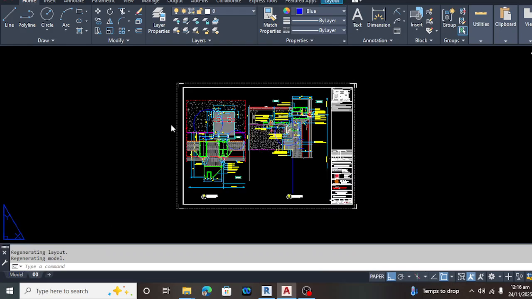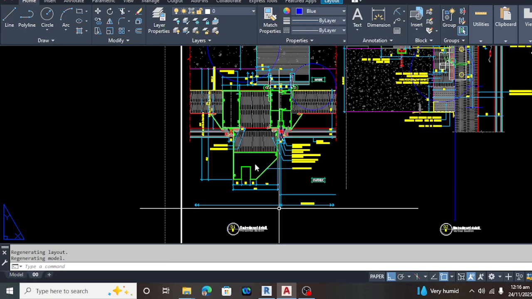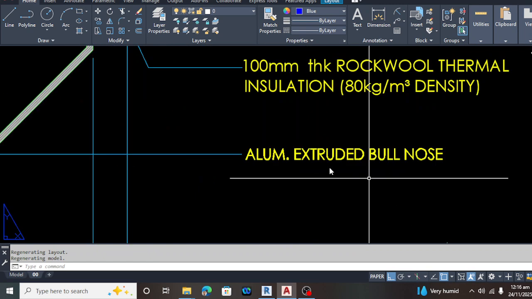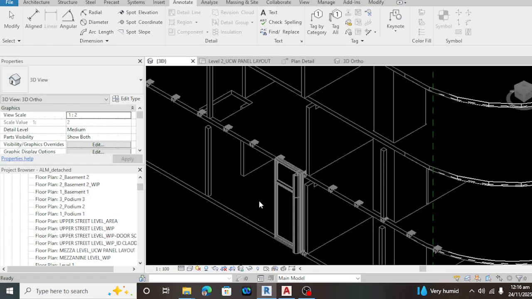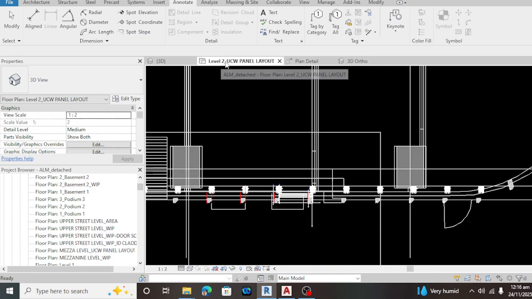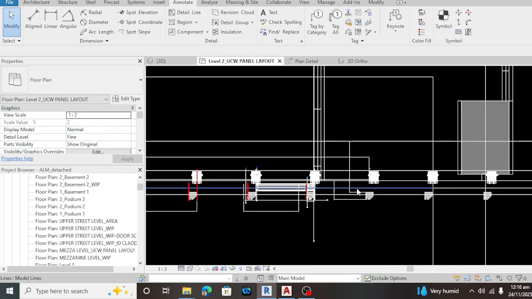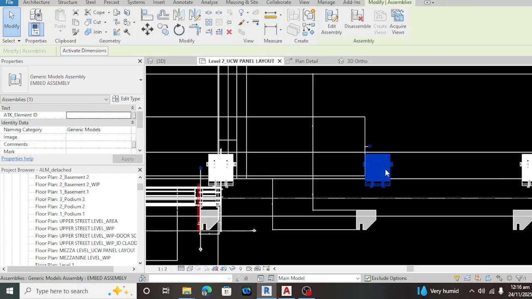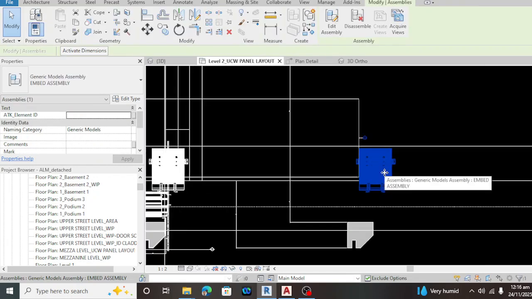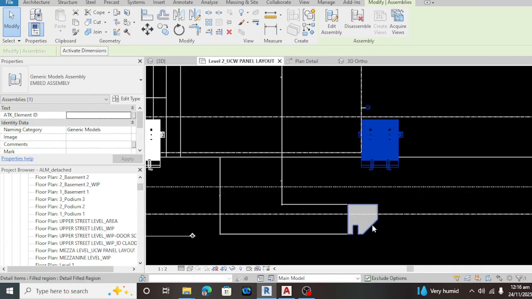This one, yeah, this one, the bullnose. When we go to the level 2 of this building, I lay out the embeds based on the bullnose.